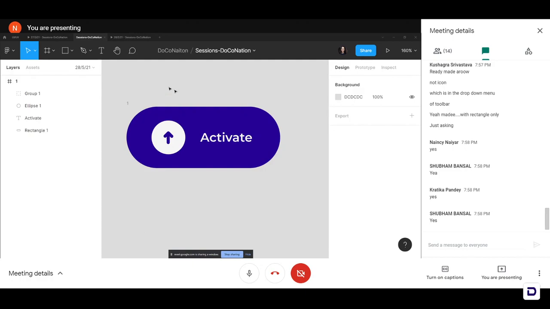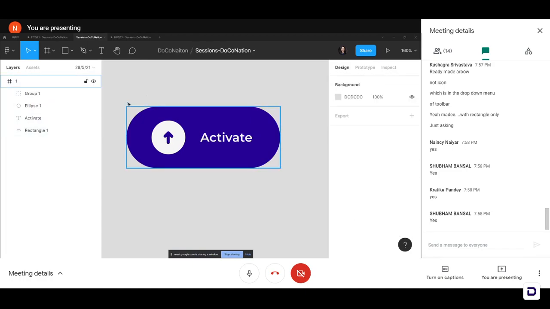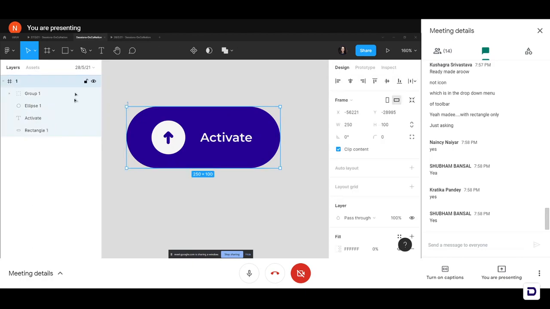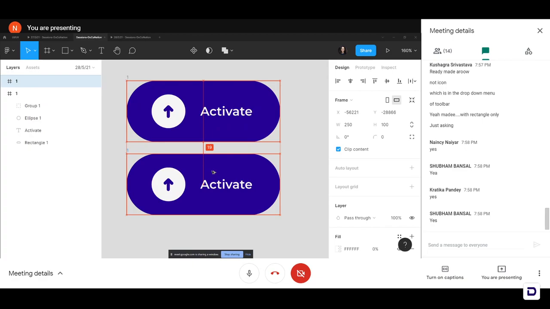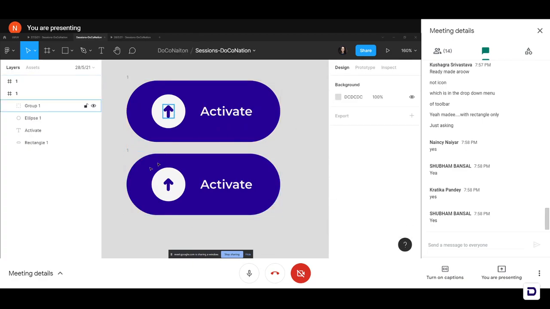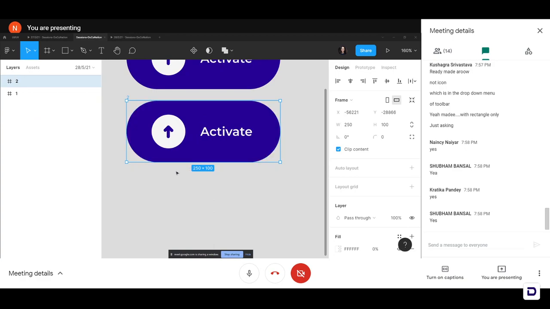So the next thing that we'll be doing is copying this entire frame, right? So the first thing I'll be doing, I'll be selecting this entire frame. Make sure you're selecting the entire frame in the layers panel. And I'm going to copy this frame. So to copy it again, Alt and drag, or just press Ctrl D on your keyboard. And once we're done with that, we are going to change the name of this frame to 2 to avoid any confusion. So we'll just close this one and head over here.